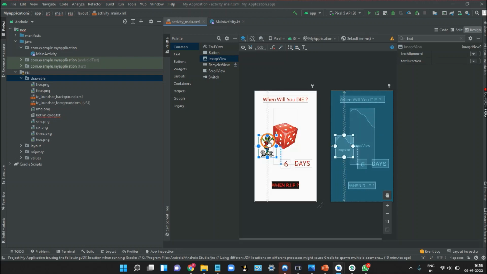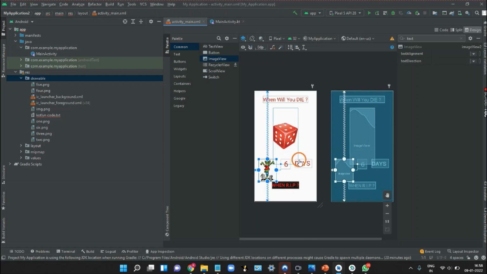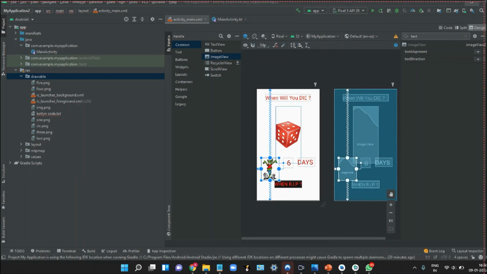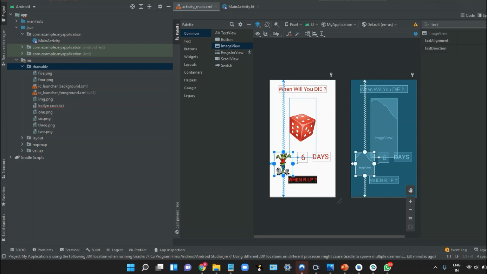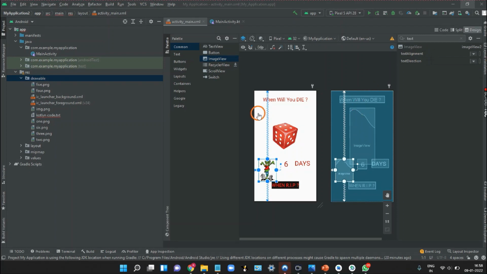Okay, so now let's bring it a little bit down. Okay, so this looks fine. Okay, so we are done with the front end part. Only setting our background is left, that we will do later. So now let's move to the back end, the coding part.